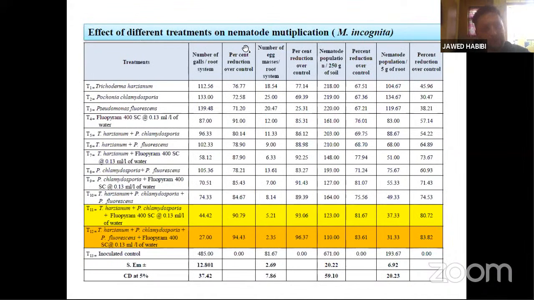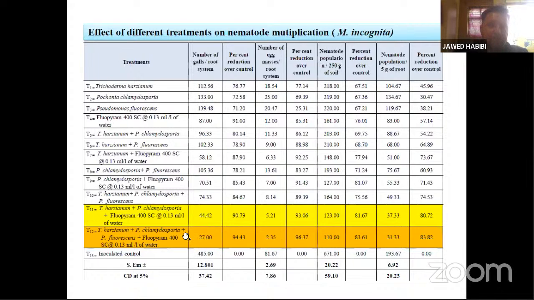Also the effect of different treatments on nematode multiplication: the combination of bioagents Trichoderma harzianum, Pseudomonas fluorescens, and also fluopyram showed the best result for control of Meloidogyne incognita